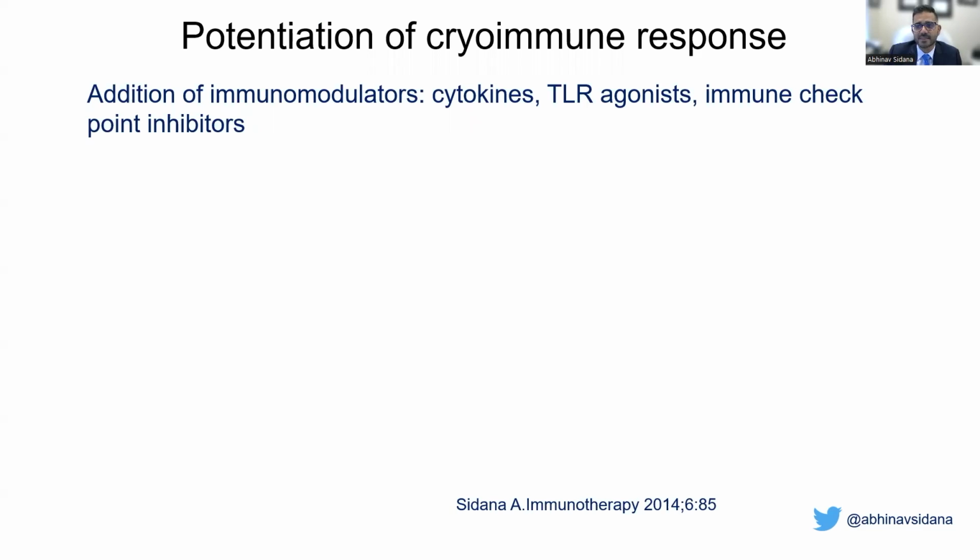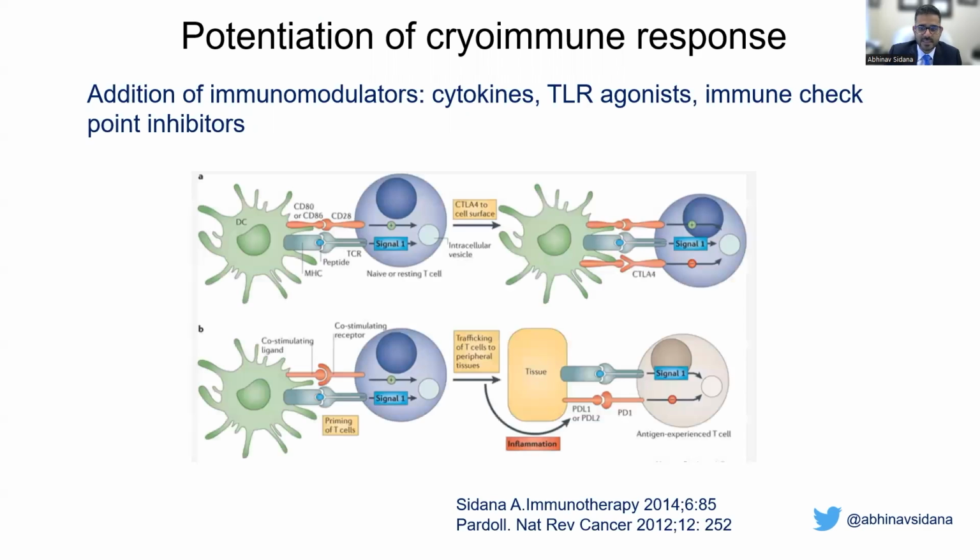While a plethora of animal studies have demonstrated existence of this response, the response is never consistently immune stimulating and strong enough to control established metastatic disease. To capitalize on these, we need to intensify this immune response by adding immunomodulators such as cytokines, TLR agonists, or immune checkpoint inhibitors. Immune checkpoint inhibitors such as nivolumab and pembrolizumab probably are most promising because they're already widely used in clinical practice. However, would these work synergistically with ablation?